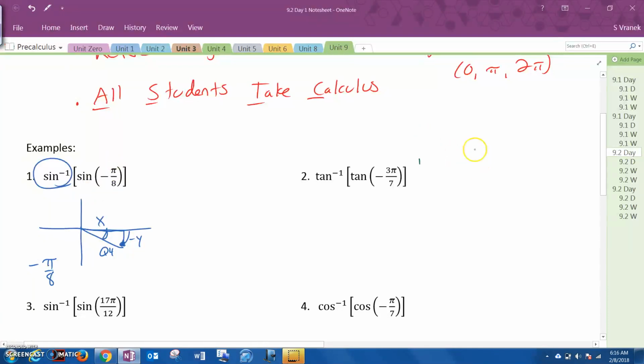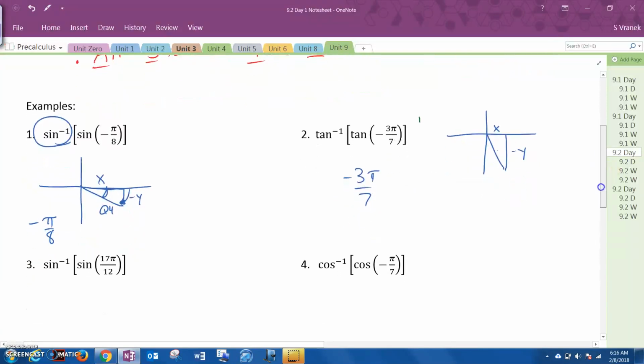Okay, so you want to see what quadrant you're in first. So when I go with negative 3 pi over 7, remember this is 1/2, so this is less than 1/2, so it's about down here. Again, x is positive, y is negative. But again, tangent inverse, then we want the angle in quadrant 4 or 1. Well, we have it already in quadrant 4. The angle is negative 3 pi over 7. So those are the two very simple ones, because we already have the correct quadrant when we're doing this problem